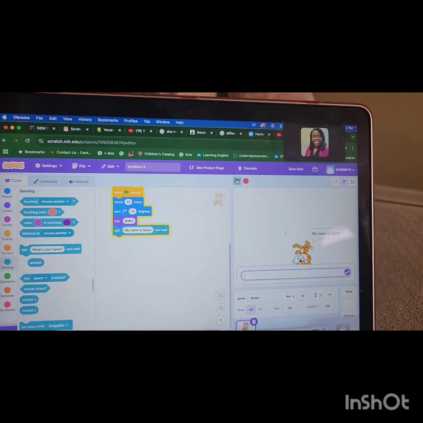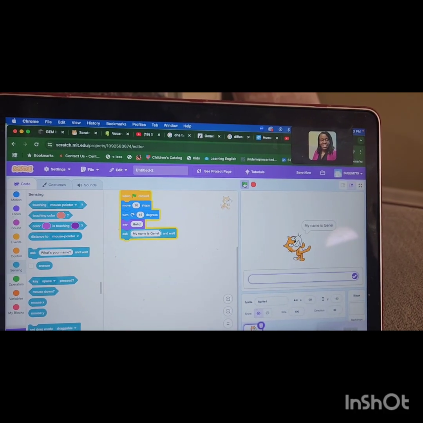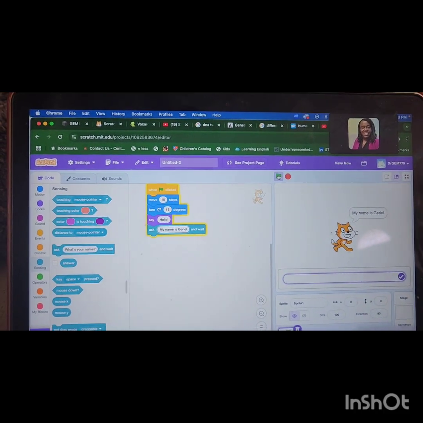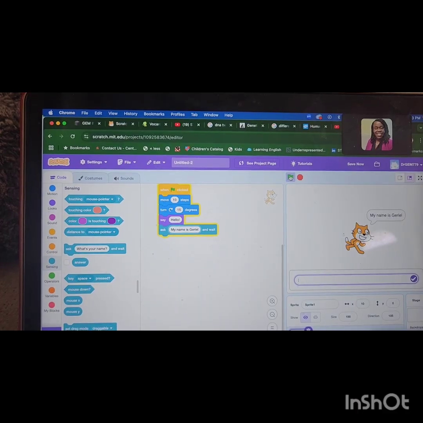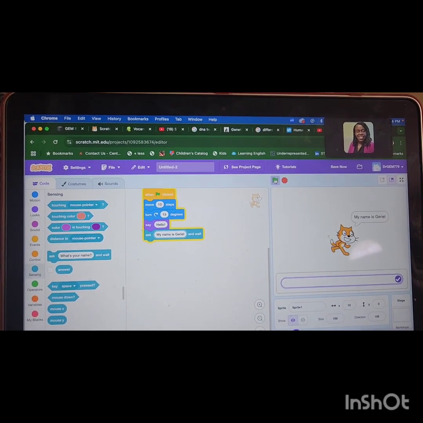And now when I run it, see how it types, my name is Jarrell. And see it's going in different directions. So as you can see, the coding for this is very straightforward. So let's go through the rest of the background information so you can get a better handle of how to